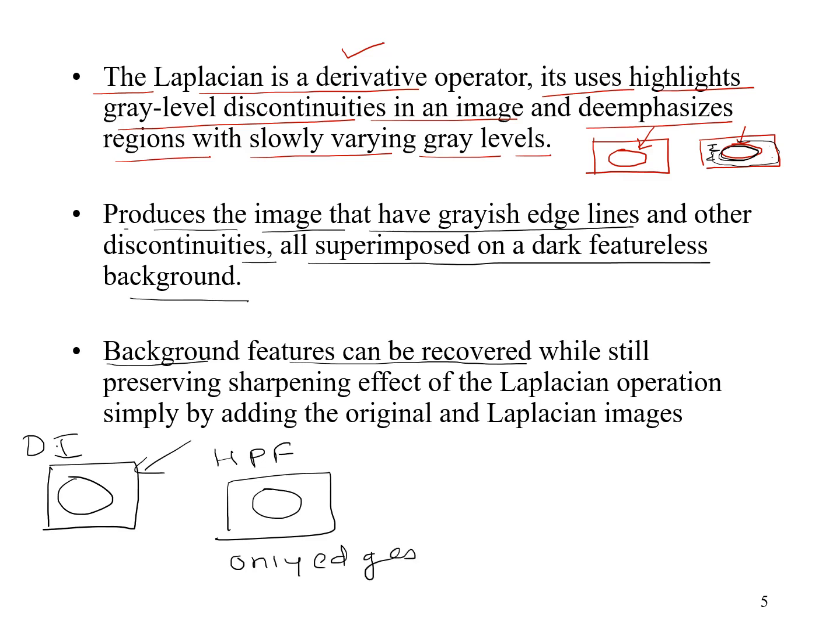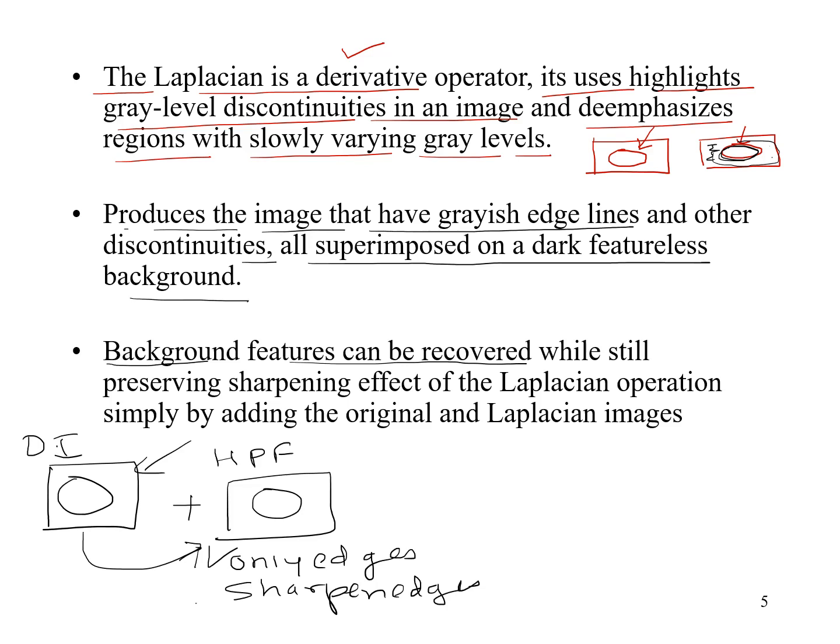But what I expect is that I should get the original image plus sharpened edges, but I am getting right now only this. So what I have to do is add the original image to the high pass filtered image, okay, then only we'll get the